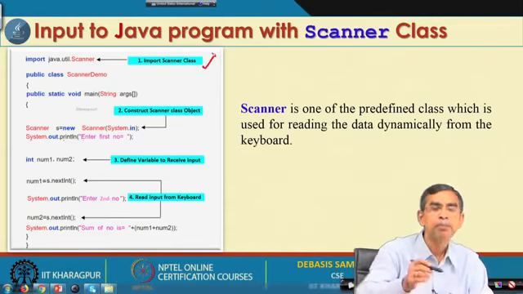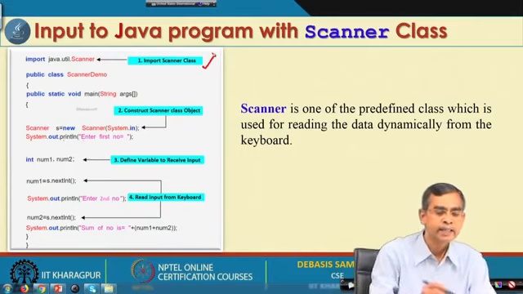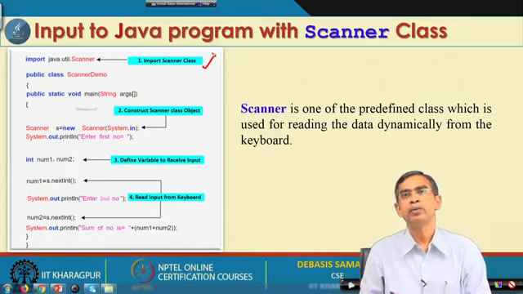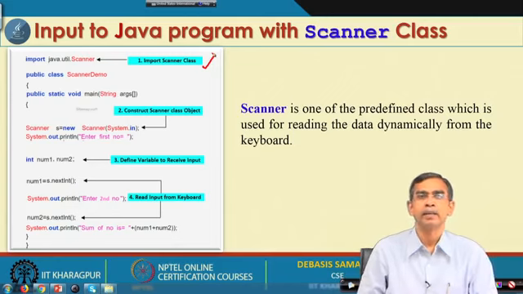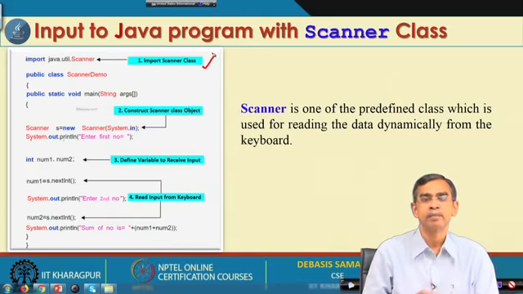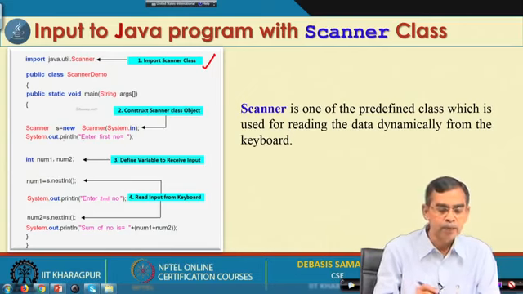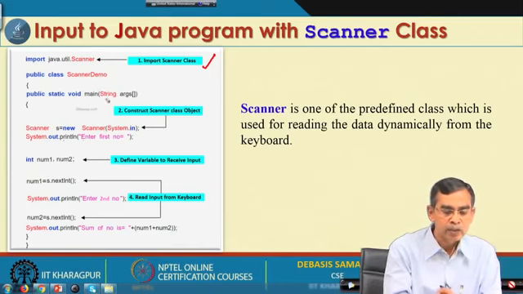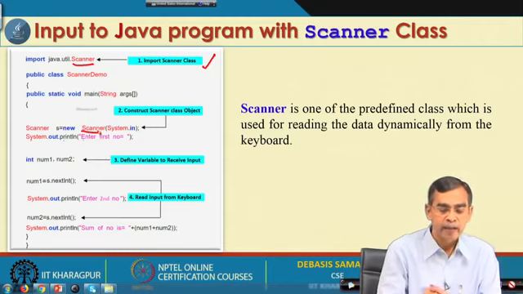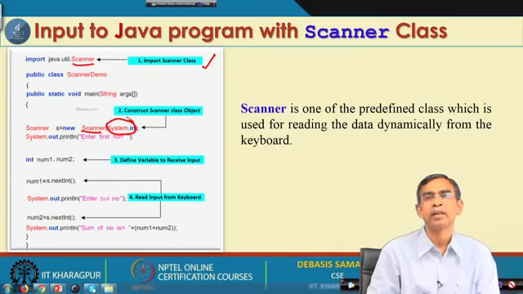You have to import it if you want to use the Scanner class, and here is an example of how we can take the input. It is not the command line input. It can take the input when the program is in execution, not just before the start of execution. The Scanner class has a constructor, Scanner, which is initialized with an object called System.in as a parameter.